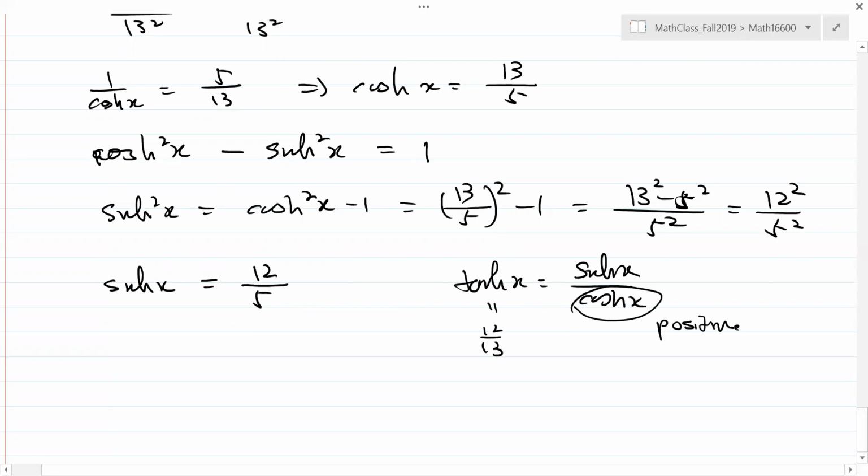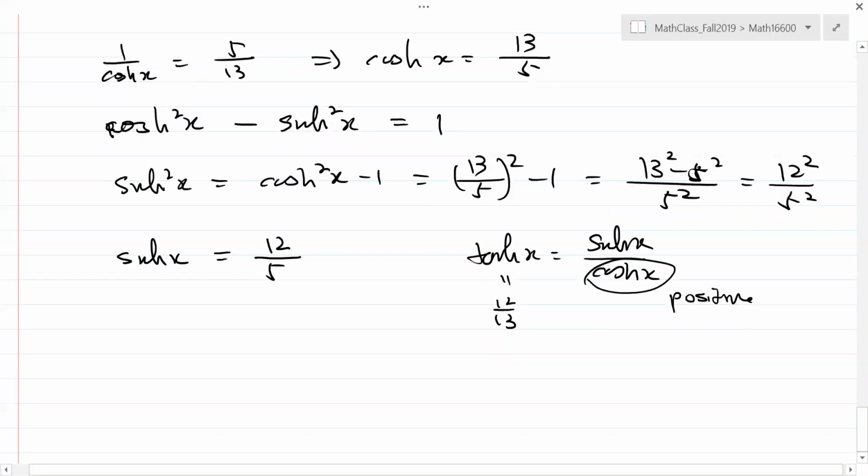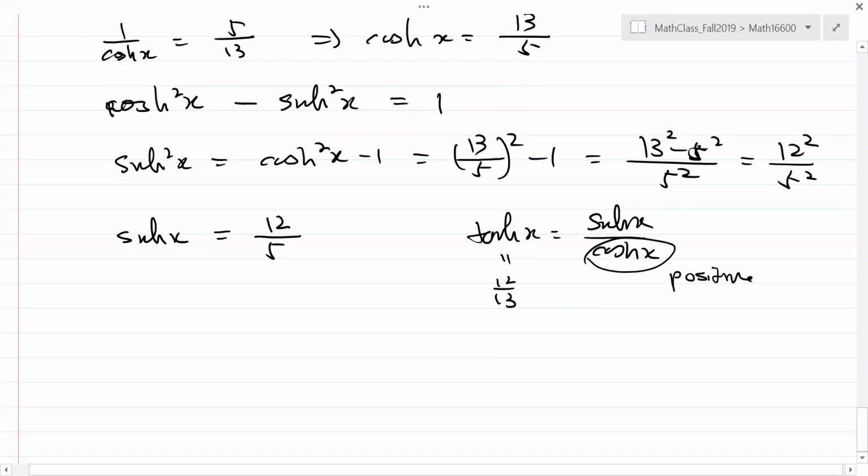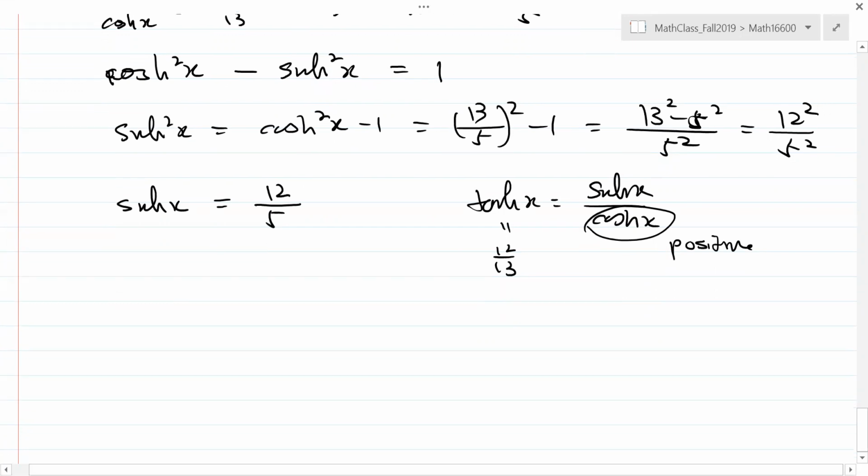That's the reason you only take the positive sign for the hyperbolic sine x. So we're trying to get familiar with these formulas for hyperbolic sine x, cosine x, tangent x, using those examples. As the next example,